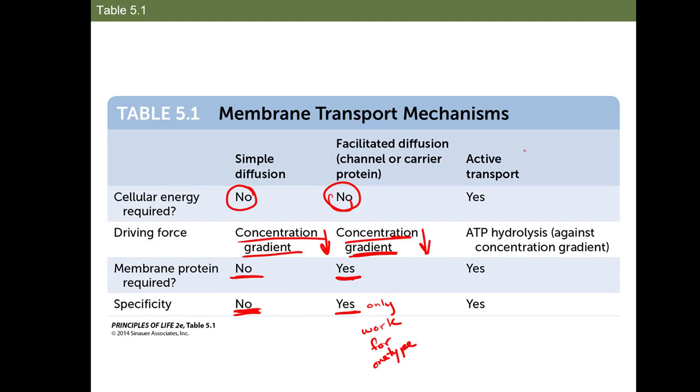Okay, active transport. It requires energy, usually in the form of ATP. The driving force, ATP hydrolysis. So this is ATP going through hydrolysis, which is the breaking apart of a polymer